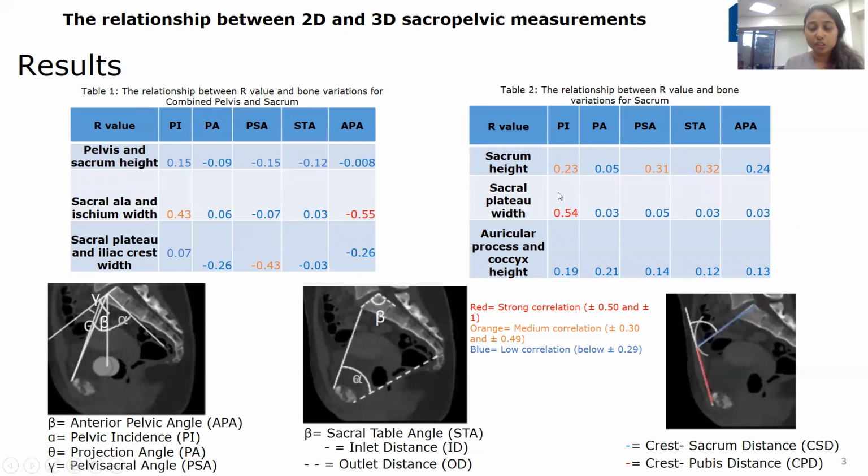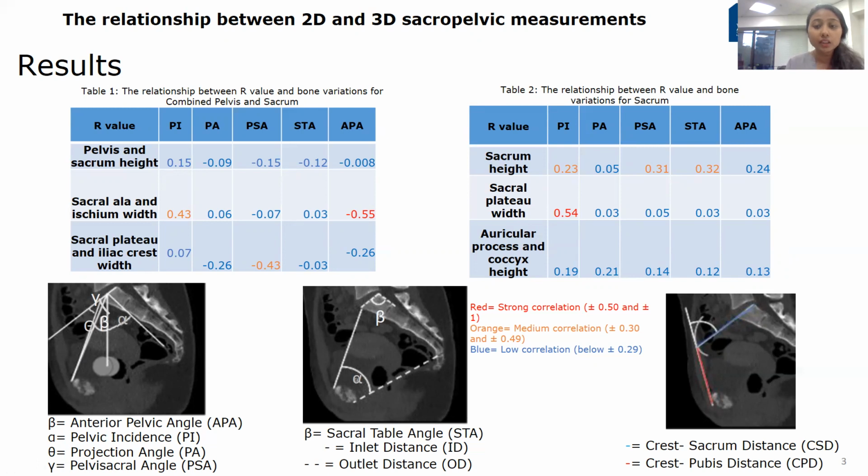And we saw that for sacrum, the sacral plateau width is positively correlated with the pelvic incidence angle. So pelvic incidence angle is a very important angle for surgical planning. It's called the cornerstone for surgical planning because pelvic incidence angle can predict the ideal individual lumbar lordosis, so the fusion surgery planning doesn't go